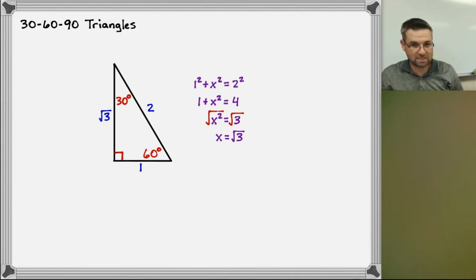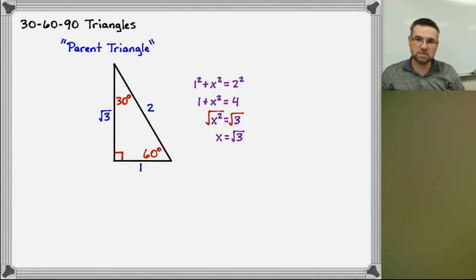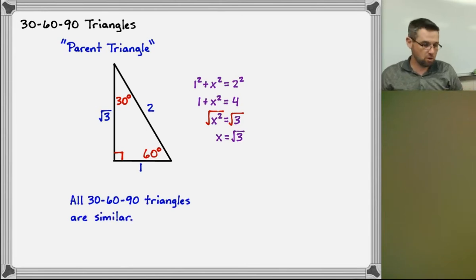And now we can say that that is the parent triangle to any 30, 60, 90 triangle. That's the parent one. That's the one that they are all proportional to. They're all related to this triangle. So all 30, 60, 90 triangles are similar to each other, which means they're similar to this 30, 60, 90 triangle. We'd say by AA, we're not going to get into that, but the bottom line is they are similar,